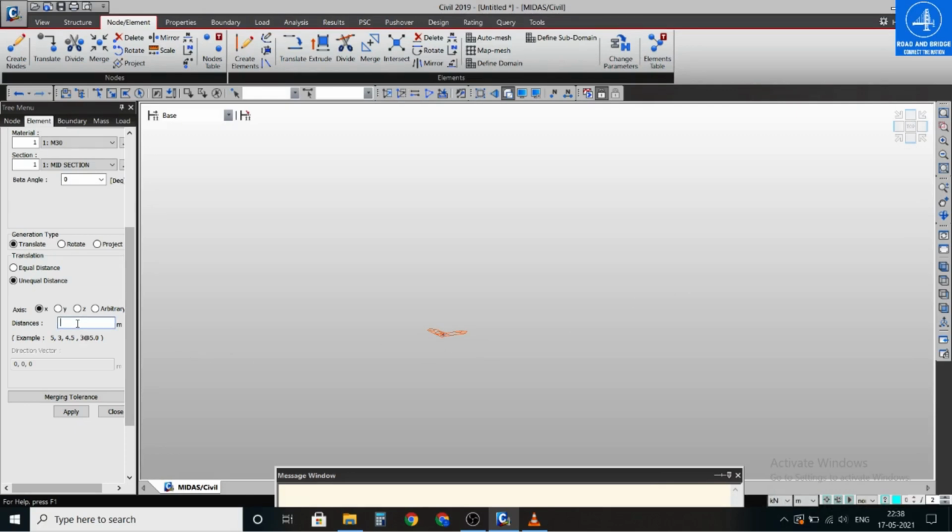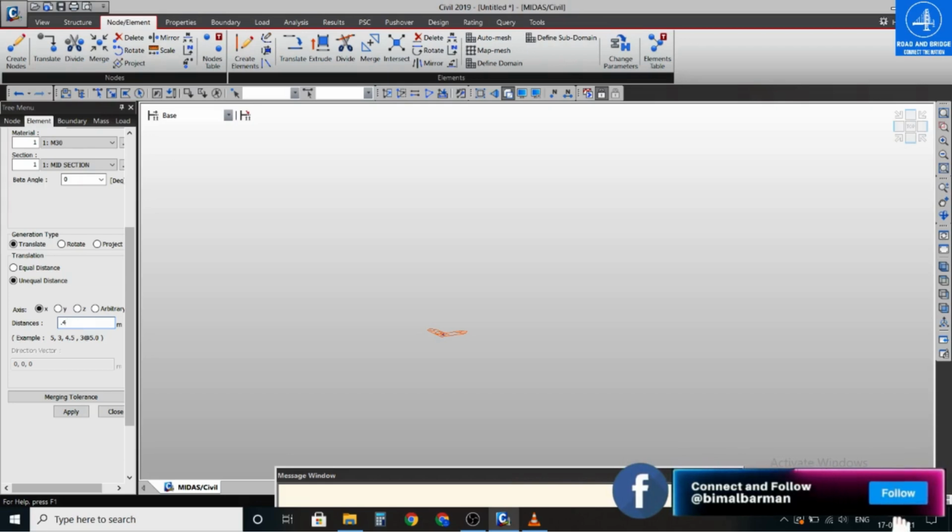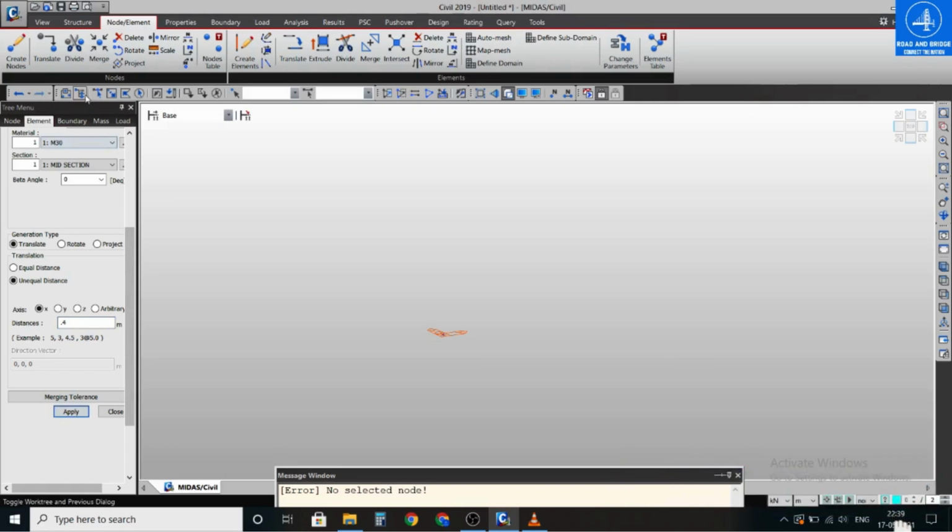At first I am providing 0.4 meter, the length of the beam will be 0.4 meter. Okay, apply, and it will be along the x-axis, so apply, and you have to select the points and apply.